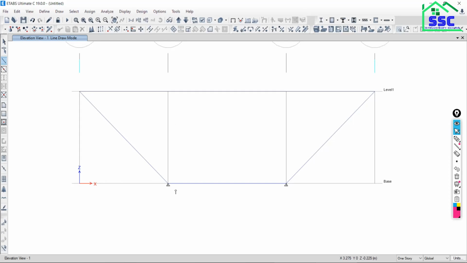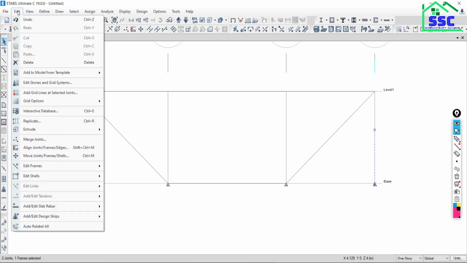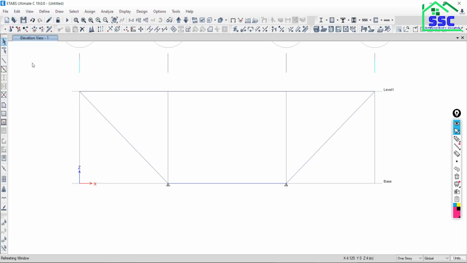Okay, and another thing is that, as I told you, at the base level, by any means, if you are taking the joint also, it will give you this support, because base is considered as a foundation level. That's why if you are doing anything at the base level, just for example, I'm clicking here, by default it will give you support at the base level. Okay, just close this. So first delete this, select this and go to edit work. It is edit work, just click over the delete. So this will be deleted.